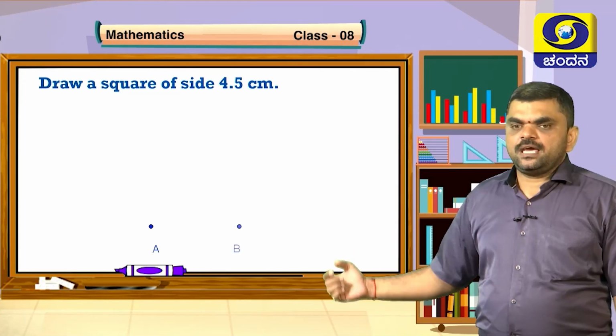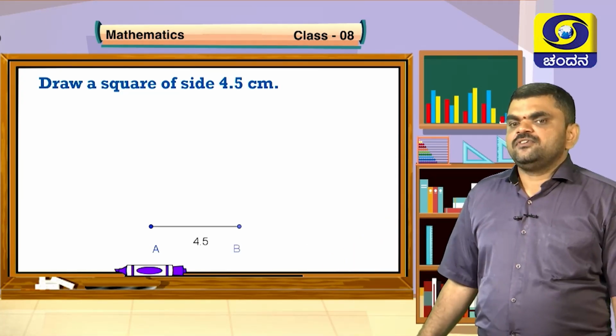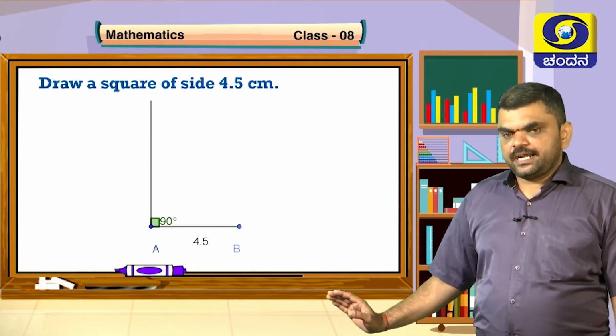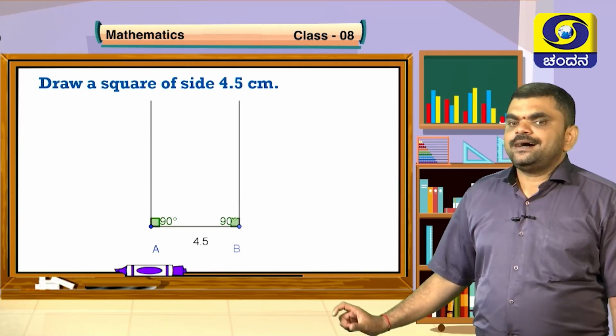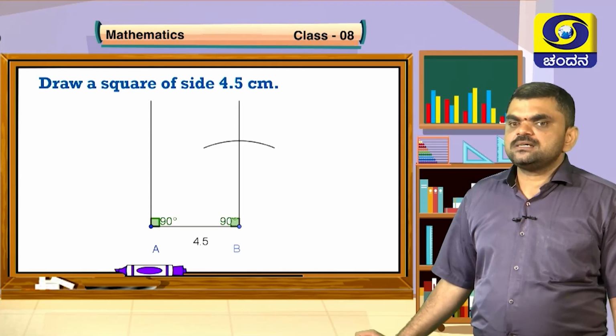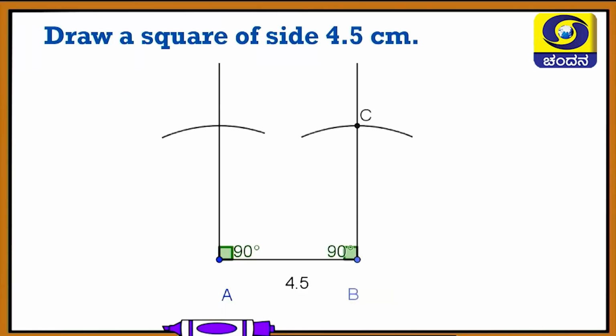Draw a square of side 4.5 centimeter. Observe, first I will take AB as base, that is 4.5 centimeter. With a pair of compass, first identify 90 degree, angle A is 90 degree, angle B is 90 degree. With the compass, I will take 4.5 centimeter as radius, cut at B and at A as center, identify the points C and D, and when we join C and D, it also becomes 4.5 centimeter, because it is exactly equal to the opposite side here, children. So it is very easy to construct a square of side 4.5 centimeter. Observe this video again, children.